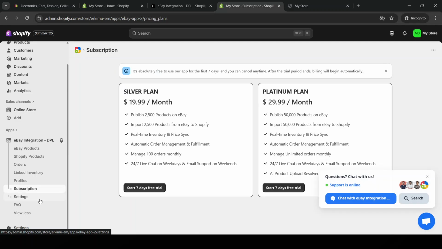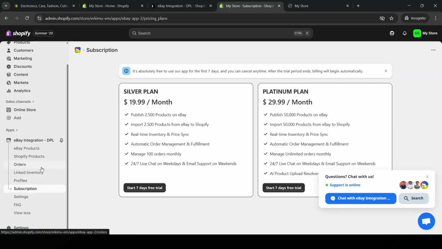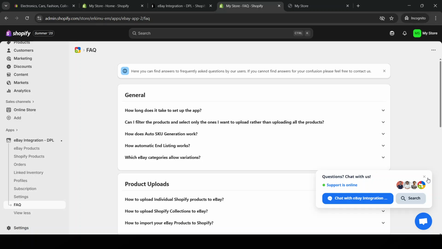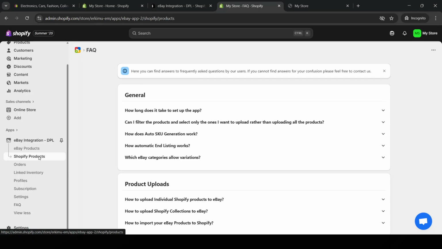shipping defaults. Take your time with these configurations, as they dictate how your listings appear on eBay and how orders are processed. Once everything is set up, the final step is to review and publish your listings. Go to the Listings section within the app, where you can select products from your Shopify inventory to be posted